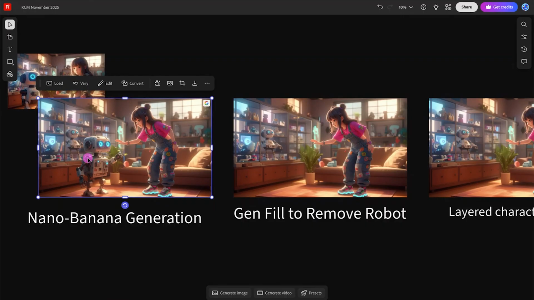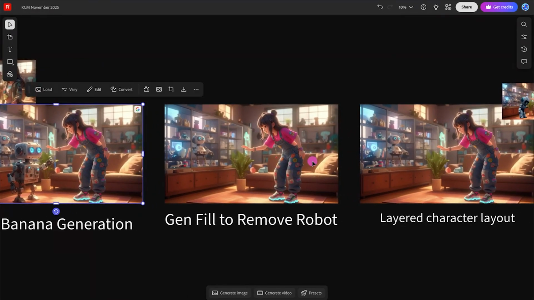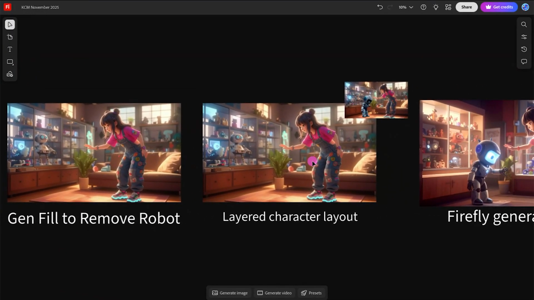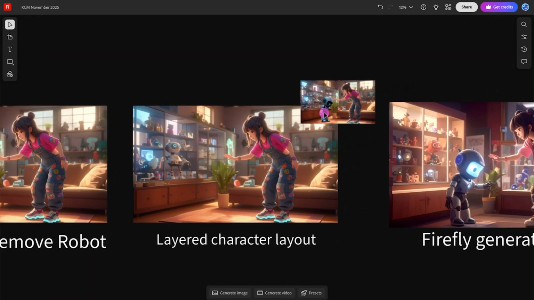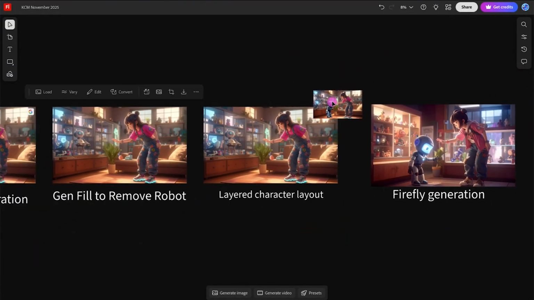And I removed this little robot guy because I wanted to replace it with my little 3D character so that I can position him just right in this particular image. So I removed that robot here. And then if I zoom in a little bit, you can see that I was able to layer in my